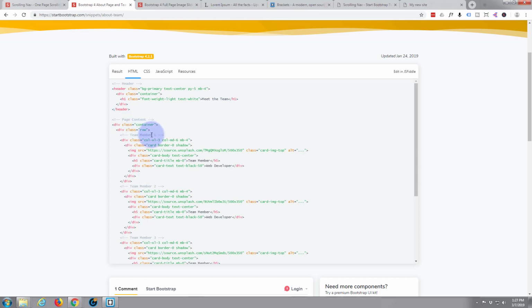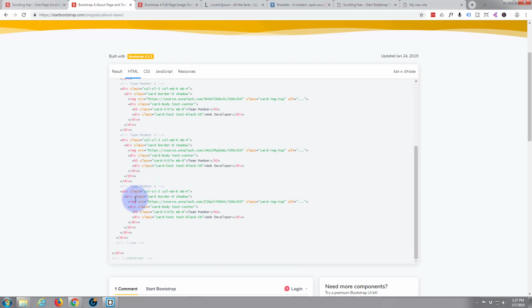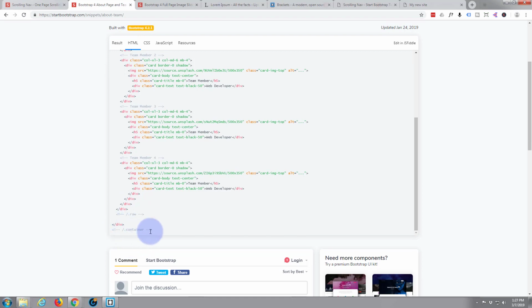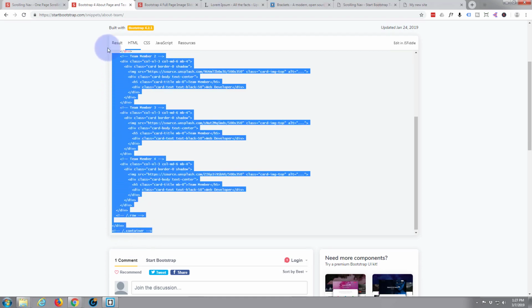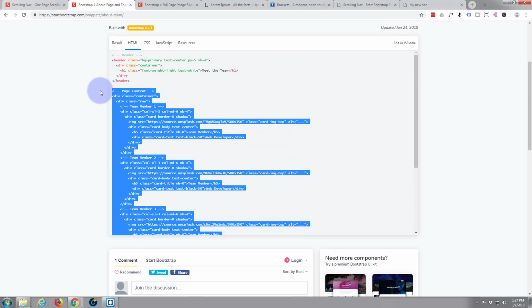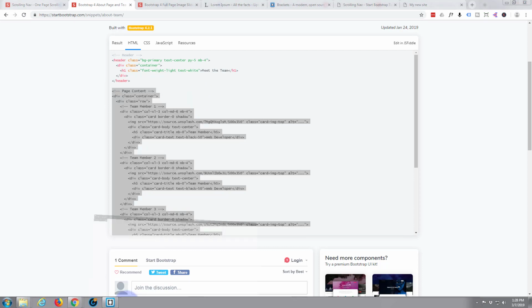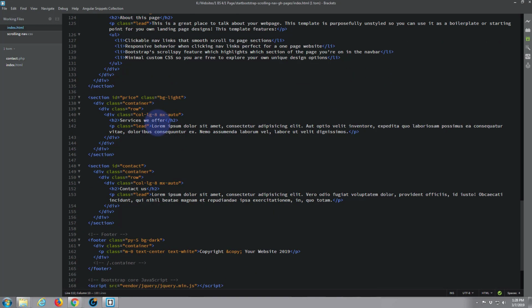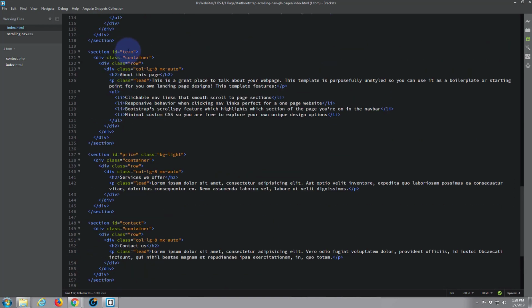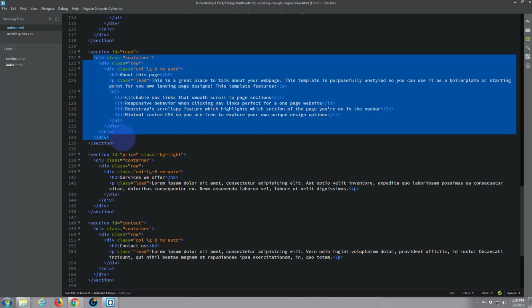And we've got a container. Starts with a container. And it ends with closing that container. So we'll grab everything from the bottom there where it says container all the way up to where that container starts, page content. Control C to copy. Back to our brackets. Now it started with a container, remember that. Here's our team. We've already got a container here, so we'll just click on that. It'll show us the container closed there. So if we select everything and hit paste, Control V,